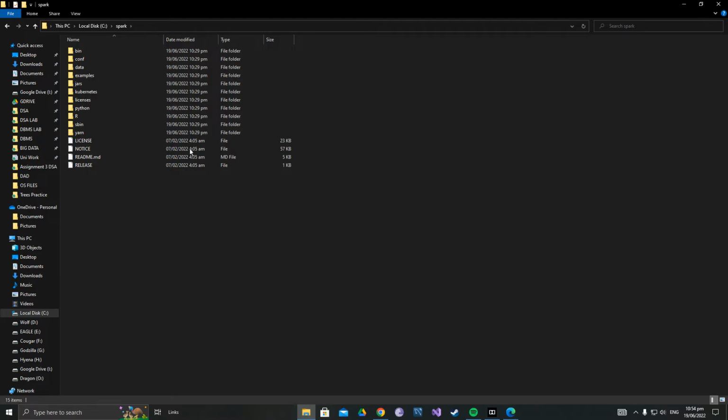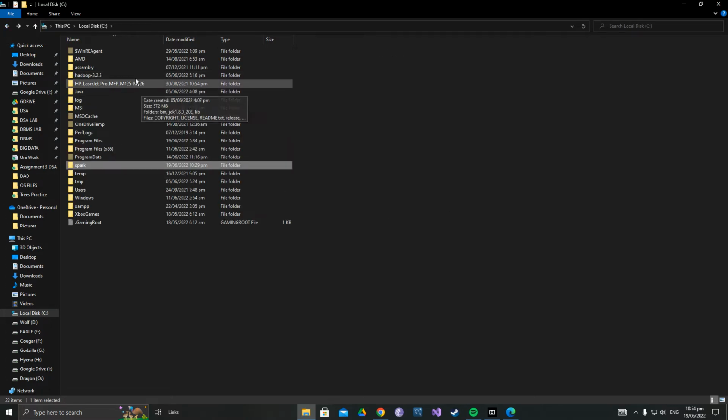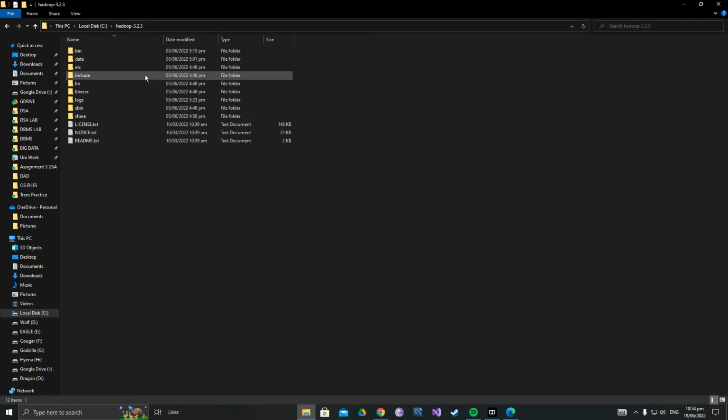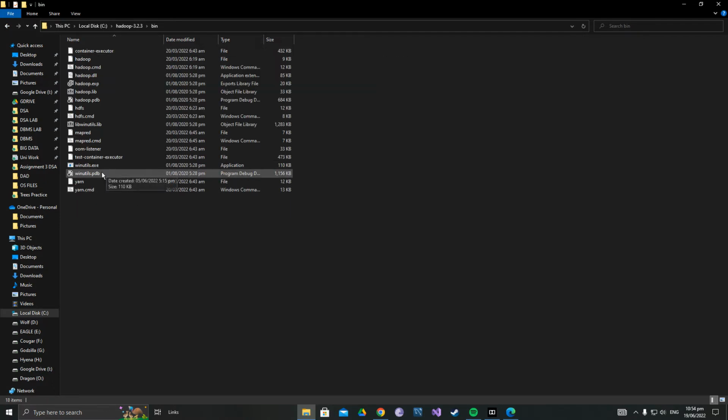Then next, as you can see, I've already downloaded and installed Hadoop version 3.2.3. You can check out that video I've uploaded on my YouTube channel. I have a full guide step by step which takes you through how to install Hadoop version 3.2.3 successfully. So after you have installed and downloaded Hadoop, you need to set the path variables for the